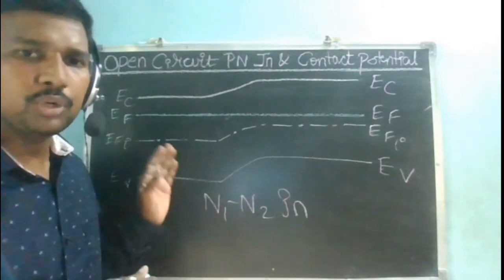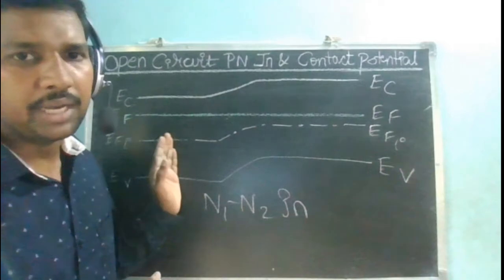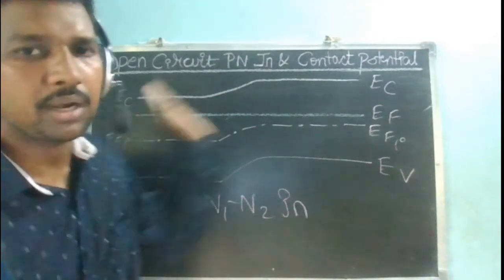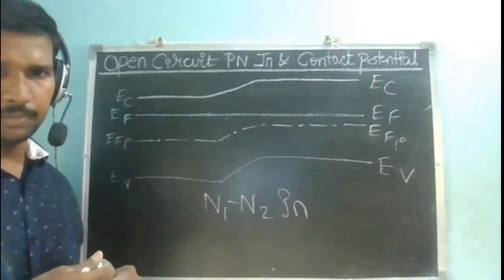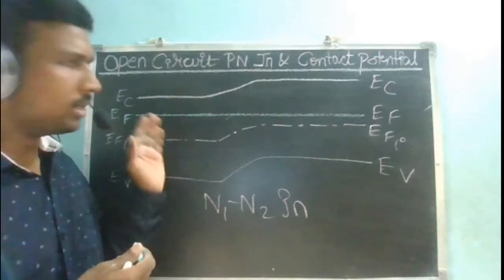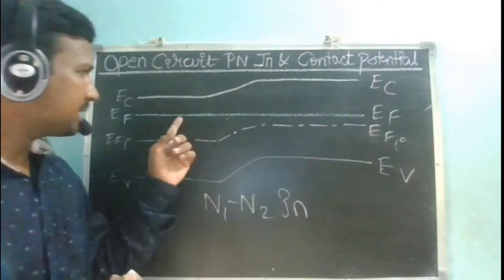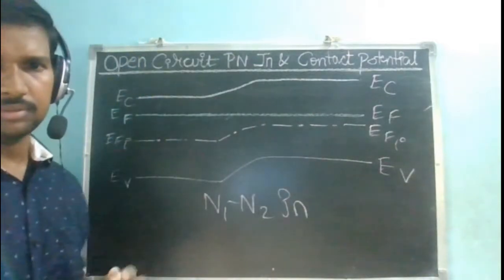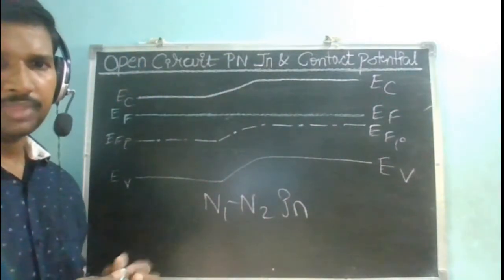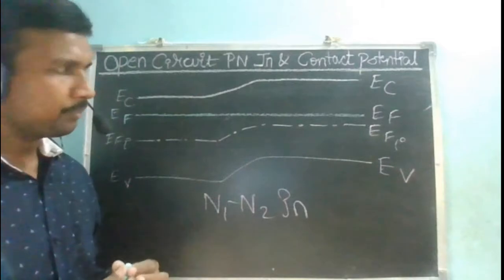equilibrium. Now you tell me, why are my electrons from N1 not going to move on to the N2 side? Why are the electrons in the N1 not able to move on to the other side once this equilibrium situation has arrived? Did you get my question? As there is no concentration between.